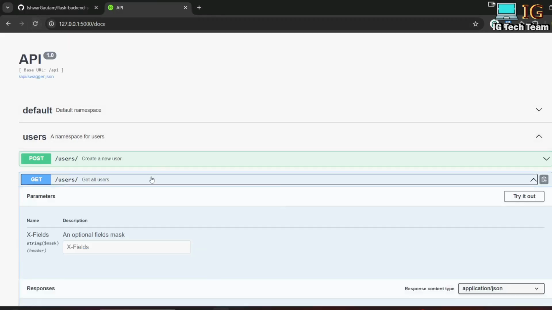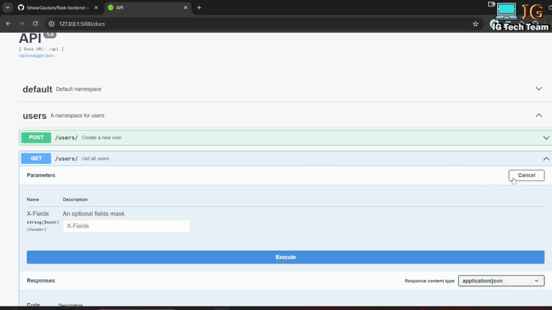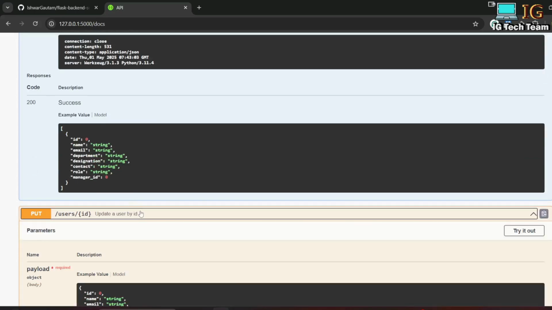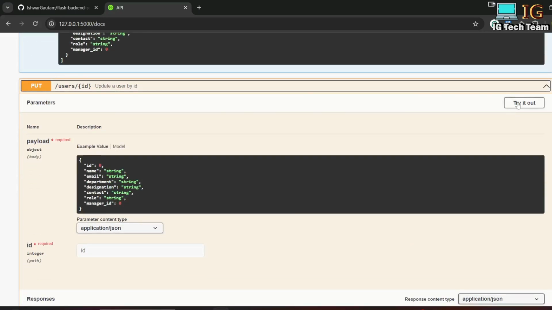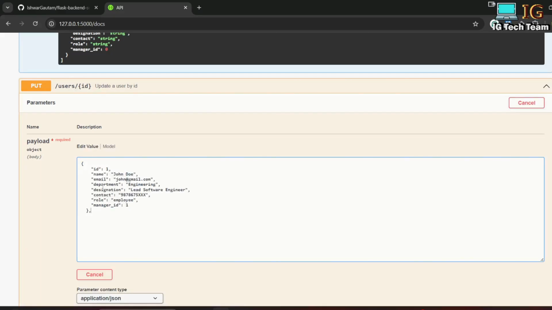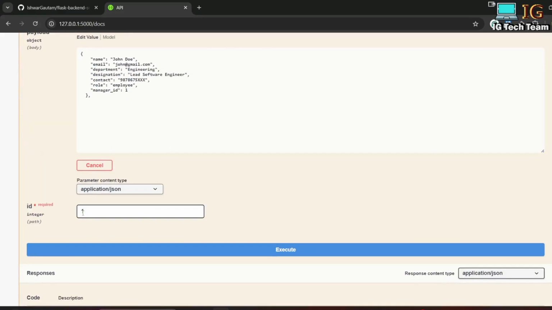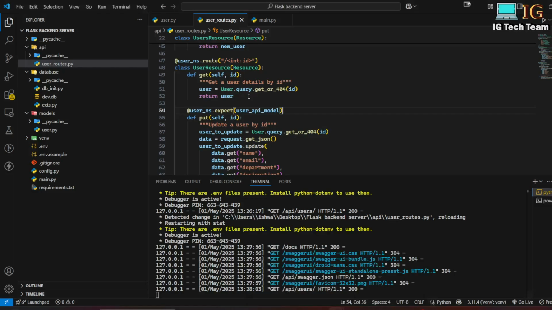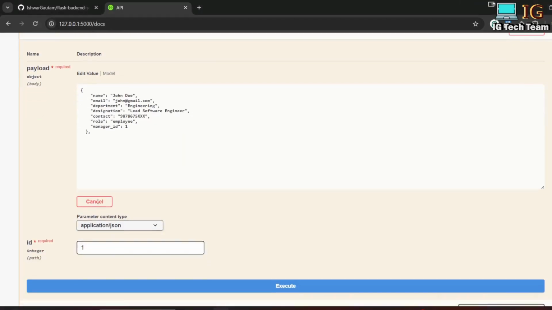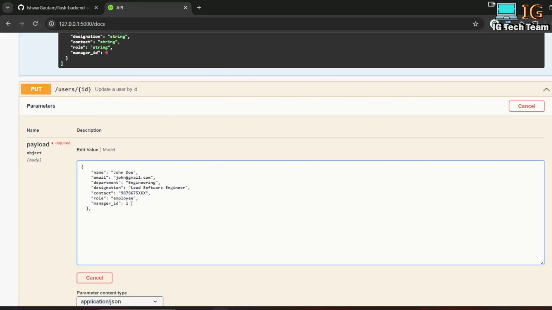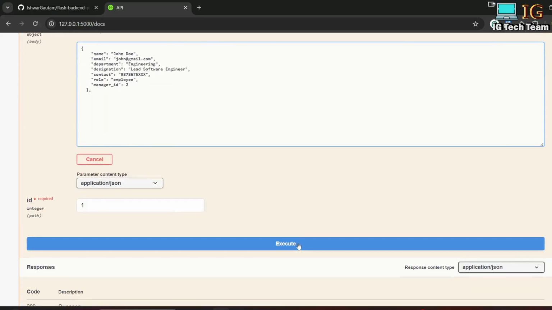okay, first of all let me get all the users, try it out, execute. I will copy this, Control C, and in my PUT request now I'll be able to see this example value. Try it out, Control V, and this will be for my ID equals 1, so I have to pass ID equals 1, and this will go in my URL. You can see here ID is required, int ID, so I have to pass ID equals 1. And here now I would like to change my manager ID to 2, and if I click on execute,